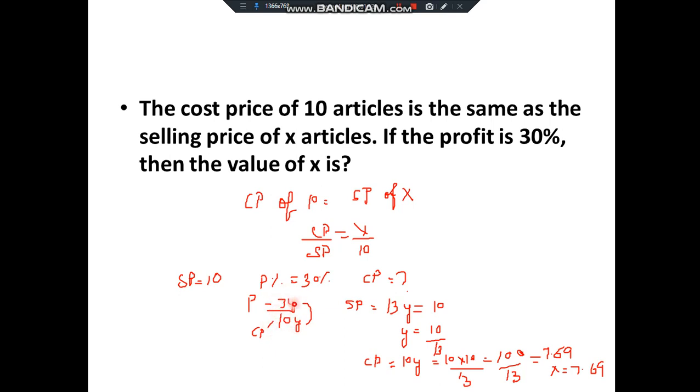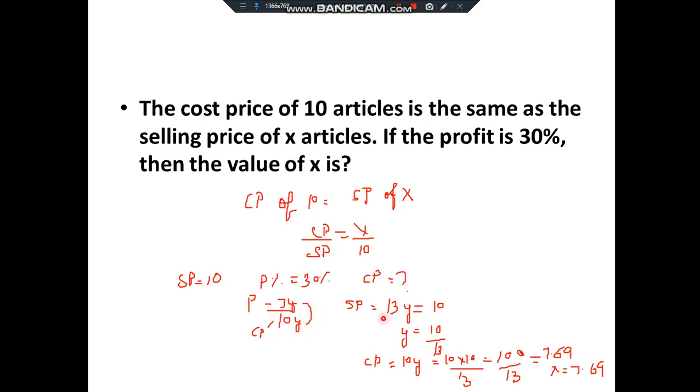Okay. So there I have represented it as 3x and 10x. Here instead of x we have y. I will represent it as y because already our question is based on x, right? So we need not confuse that x and this x together. So I will represent it as y. So 3y and 10y. That is, 3y is profit and 10y is cost price. So selling price is nothing but 10 plus 3, which is 13y, right?